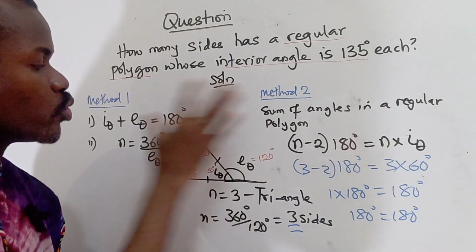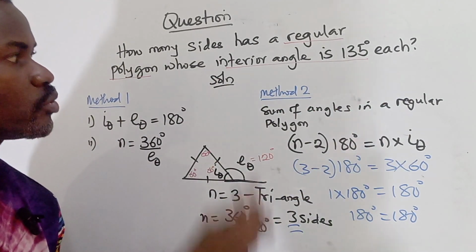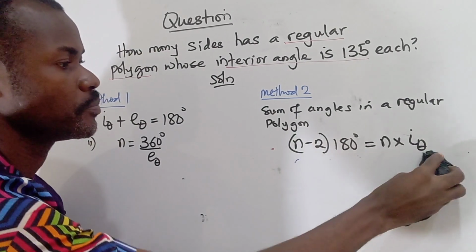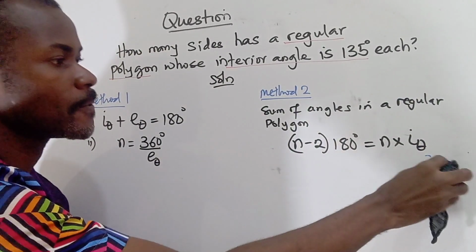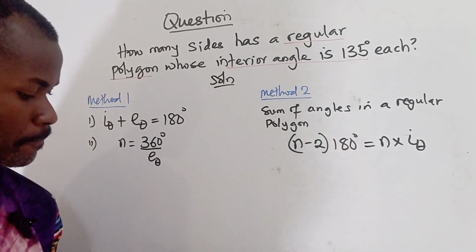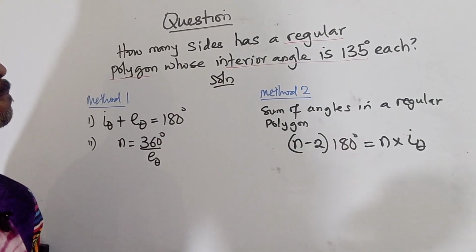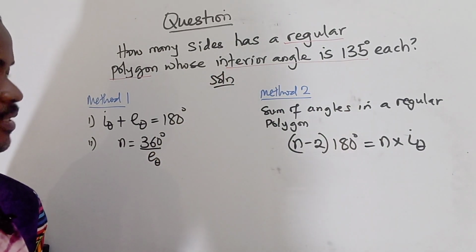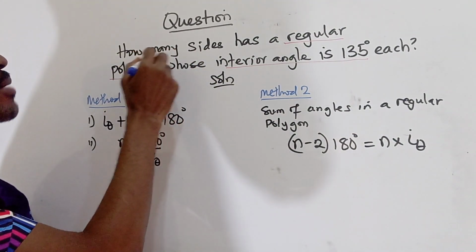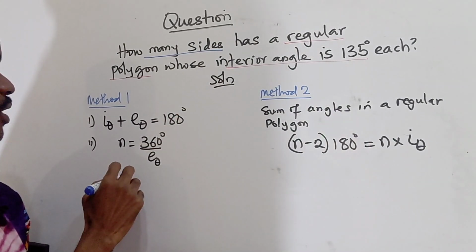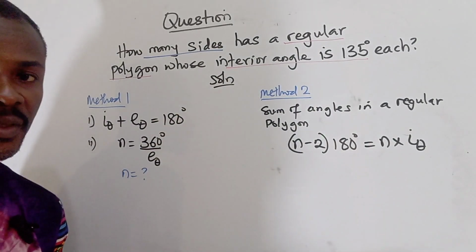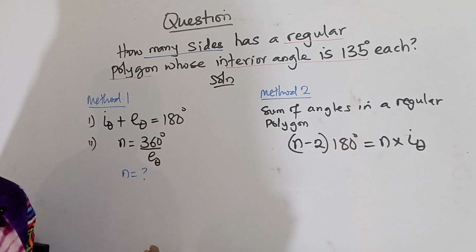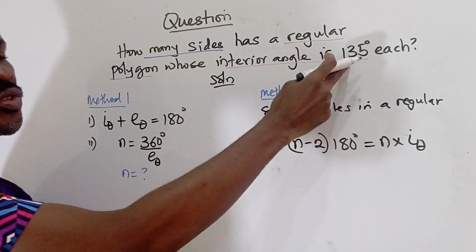Now, having gotten these two concepts, we can solve this question using the two methods. So I'm going to solve it quickly. For the first one, we are looking for the number of sides. So how many sides? The question is, we are looking for N. To find N, first of all, I know that my interior angle here is 135